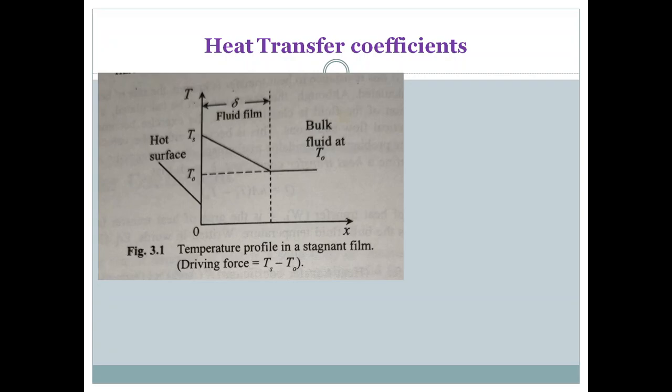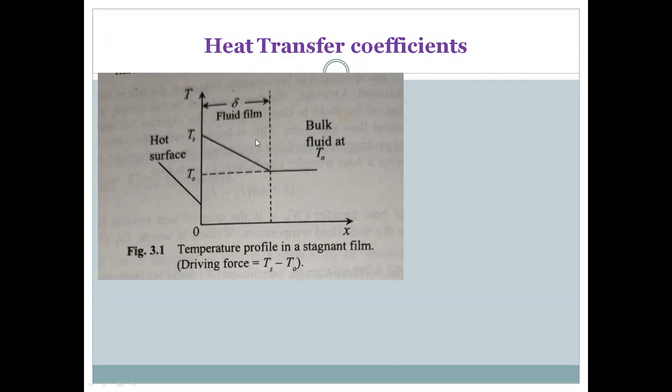And accurate determination of delta is a very tough job. Already you have experienced this in your heat transfer course. I am going to review it a little bit because mass transfer coefficient and heat transfer coefficient are very similar. So here I have taken one hot surface, okay,